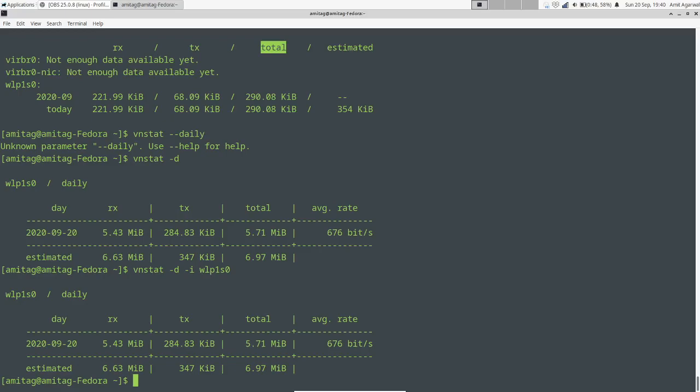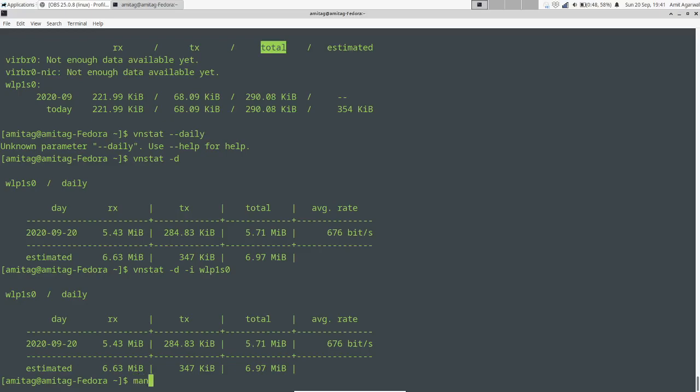Specifically, if you are running a lot of containers, Dockers, and so on, then you would see that you have a lot of interfaces created for those containers or the VMs that you are running on your system. Hence, when you run vnstat, all those outputs are probably not very useful, because that traffic is not going out of your interface and will never cost you anything in terms of network utilization or your ISP data. So you might want to exclude those and just include the interfaces which are talking to the outside world or to your LAN, and you get the idea.